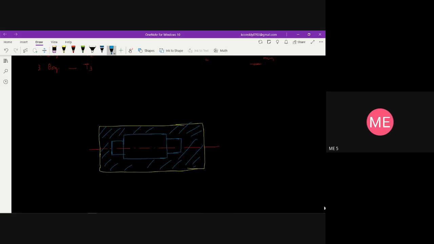Now if you take the blank, the diameter is given as 35, diameter of 35, and this diameter is given as 15, diameter of 15, and this is given as diameter of 30, and the length of this is given as, say, 20, and this is given as 60,